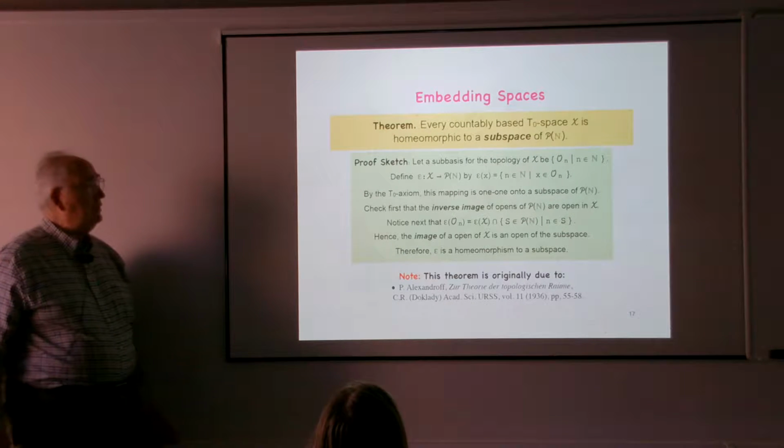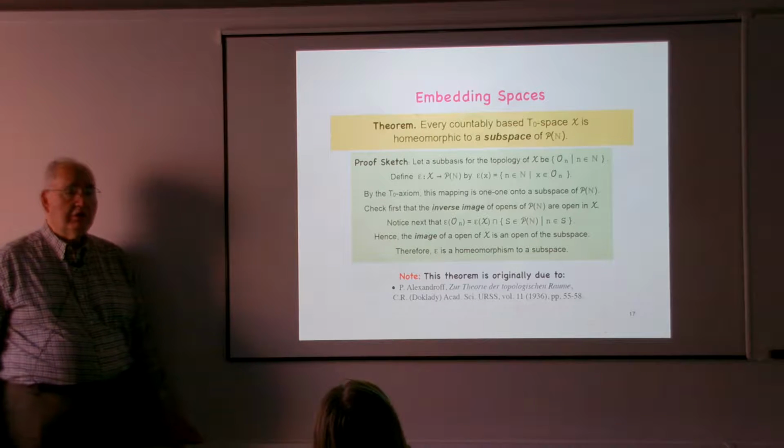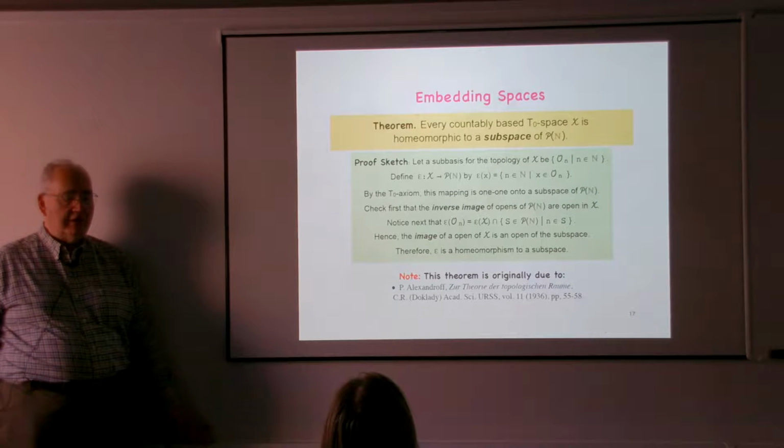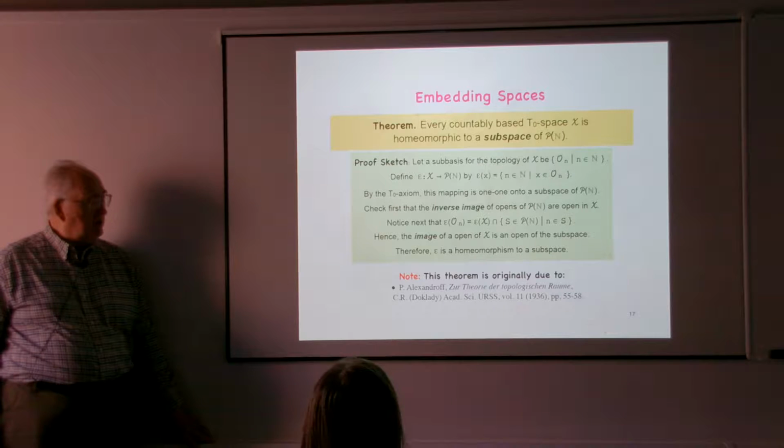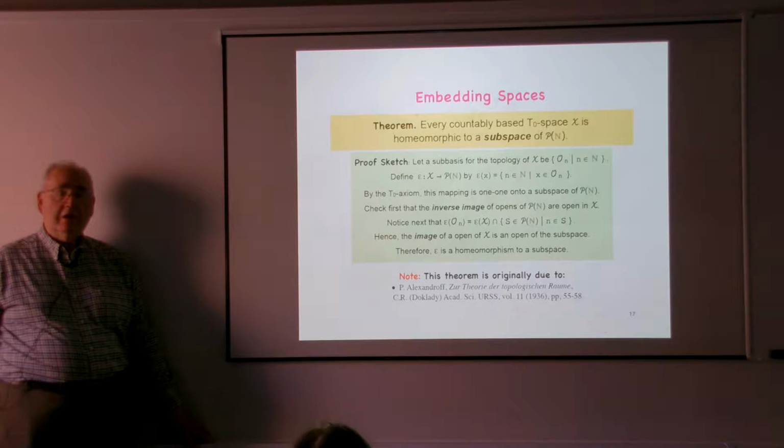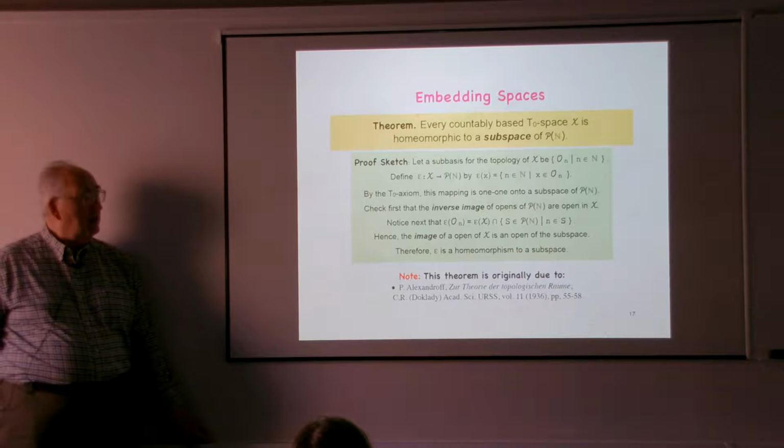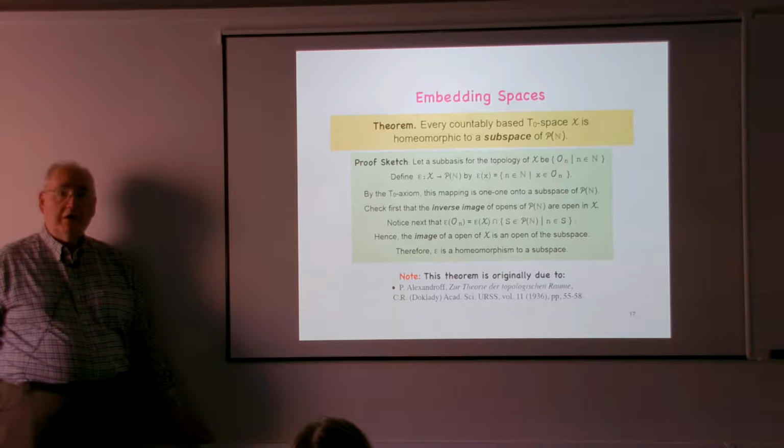An extremely important feature of this model is the scope of the types, because it's the whole pair that every countably based topological space is homeomorphic to a subspace of the power set of n. And so we're going to get lots of structured types there based on all the kinds